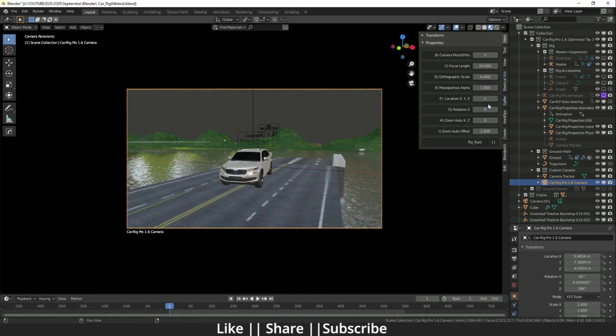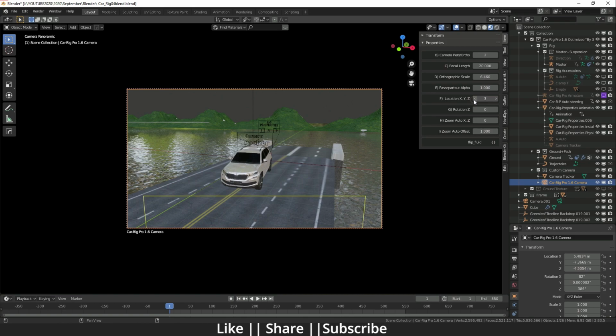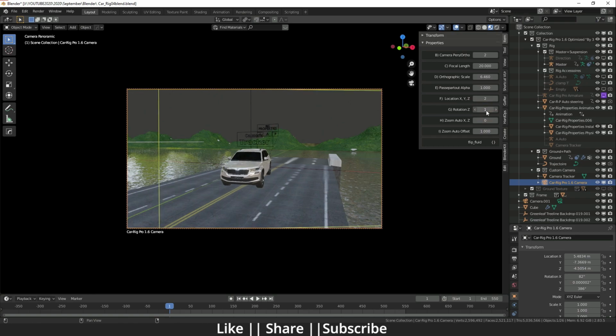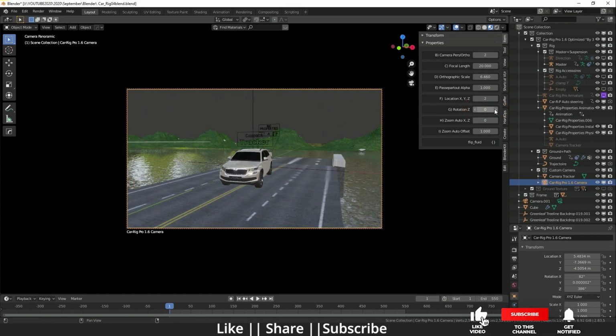Okay, and this is the location basically, so it depends on you what kind of location you need. It changes depending on what kind of shot you are taking. Okay, so right now this is fine for me. And this is the rotation of this camera. So here you can see if I increase it, you can rotate it. Okay, if I rotate once more, it will not rotate, you can rotate it only once. Same thing in this part as well.